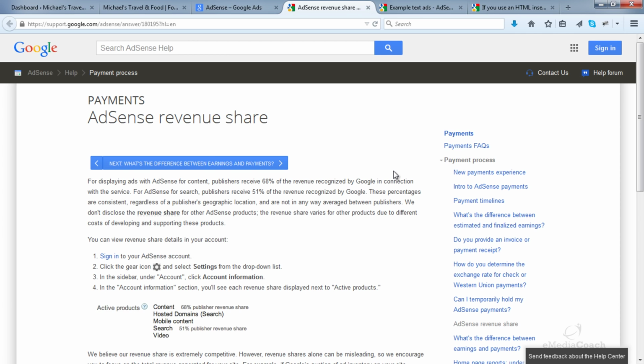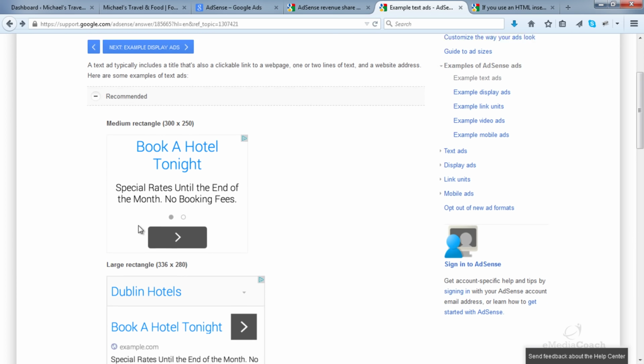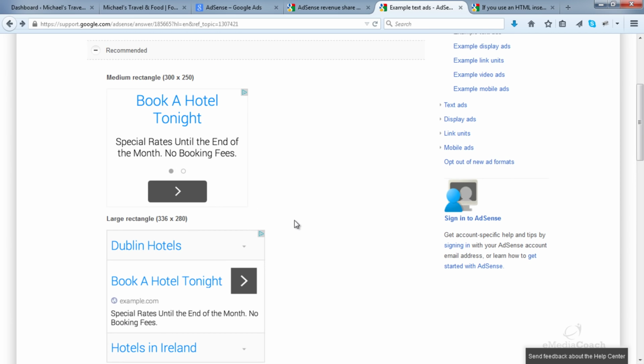And so although you cannot actually control the types of ads that are shown on your site because they are automatically generated depending on your content, just know there is a range and a variation in the amount that publishers, which includes you, will receive when a visitor clicks on one of your ads. I'll show you a few examples. So you will have seen a few of these around. Simple text ads, I'm sure you've seen these everywhere. Every time you click on one of these ads, you are earning money for the owner of the blog. And so that can be you essentially.